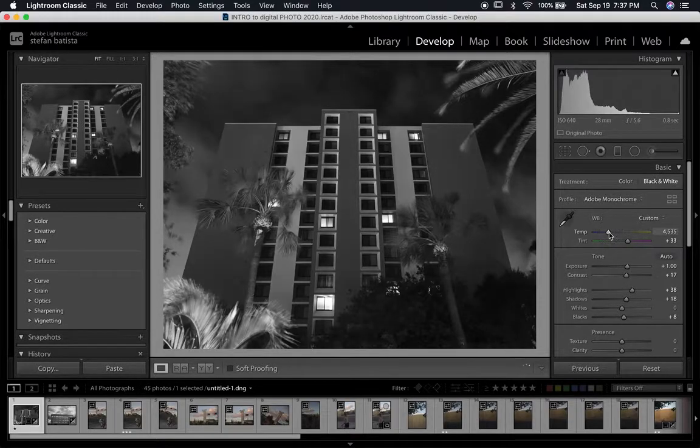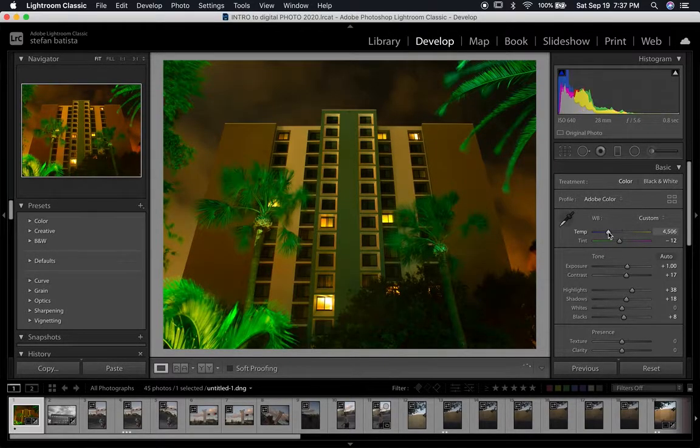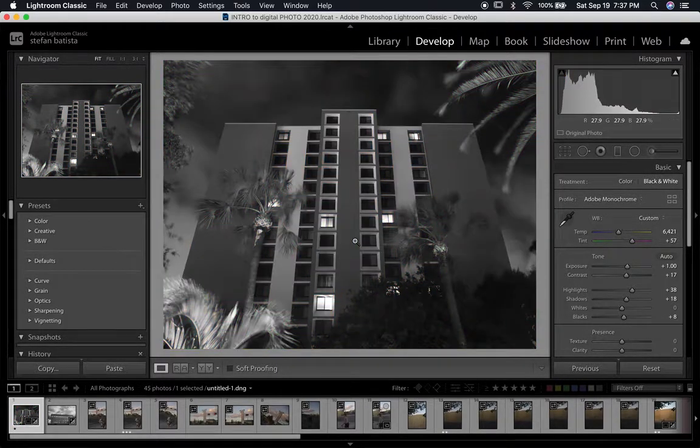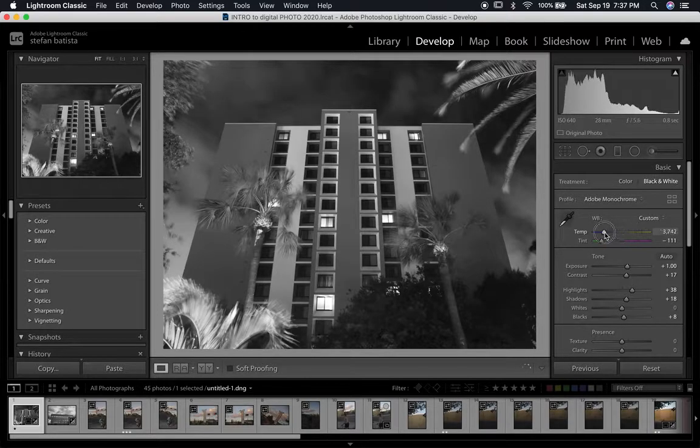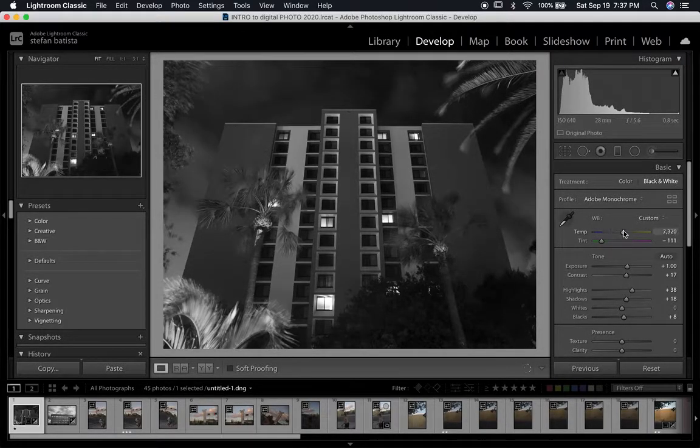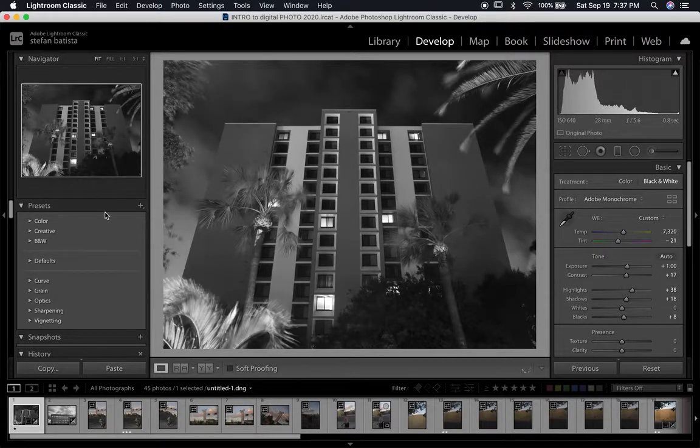So as I change my white balance, you'll notice that my tones change, right? Just because it's black and white, that doesn't mean that color editing can't affect my tones. And this is because as we change our white balance, if you remember, we change the color of our image pretty substantially, right? And so when we go to convert that image to black and white, those different colors are represented by different tones, right? So as a magenta sky goes to a green sky, things become darker, right? And as you warm your image up, it might become brighter. It really just depends on how those tones are being treated in the image, but color information affects tonal information,